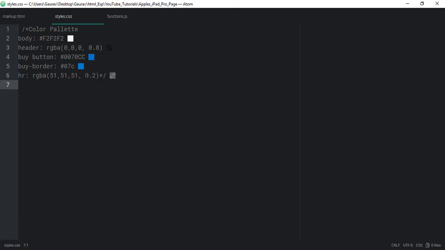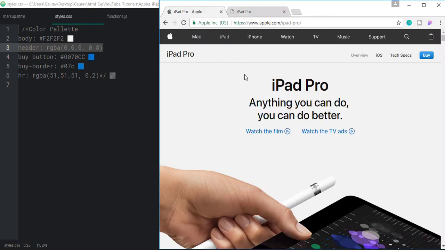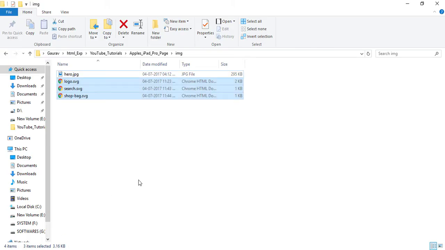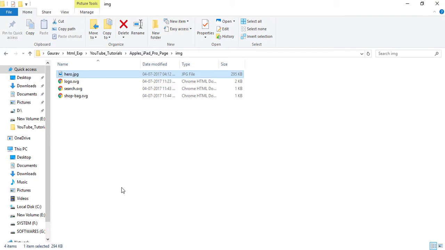So in my CSS file I have extracted these colors, color hex values, color RGBA colors that we need for creating this page, and also I have downloaded this hero image from their website, and also Apple's logo, that search bar and shop bag as well.